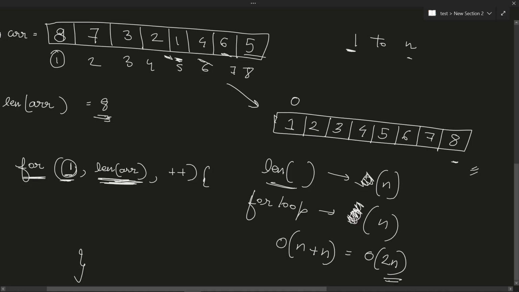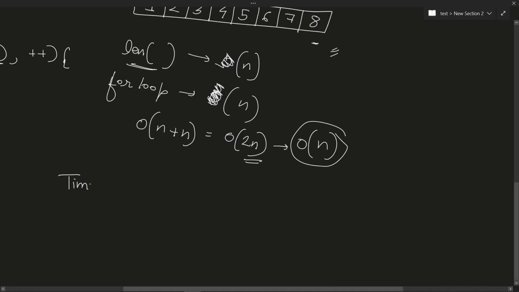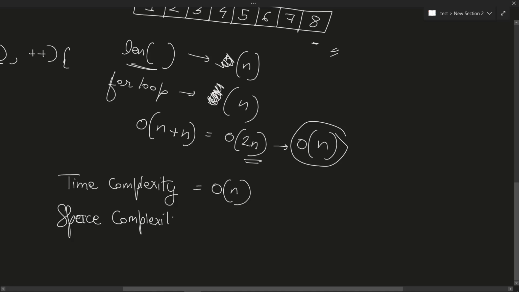And as you know, in time complexity we only focus on the upper bound function, so we eliminate the constants. So that's going to be big O of n. So this is our time complexity, big O of n, and space complexity here is constant, since we are not using any auxiliary data structure. And to even obtain the sorted array, we are using the same array given as input by the user. So we are just updating the values. So again here space complexity becomes big O of 1.